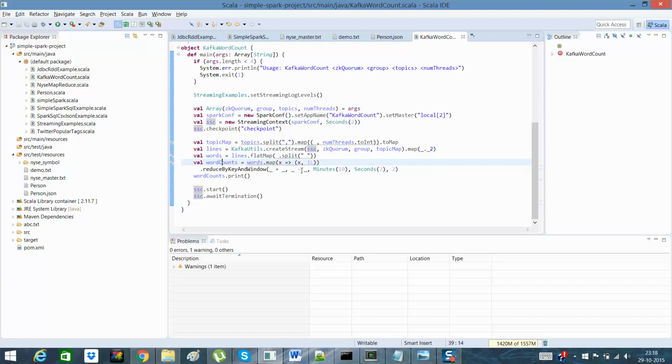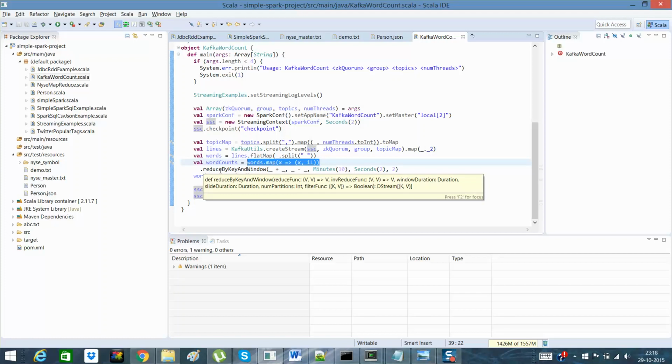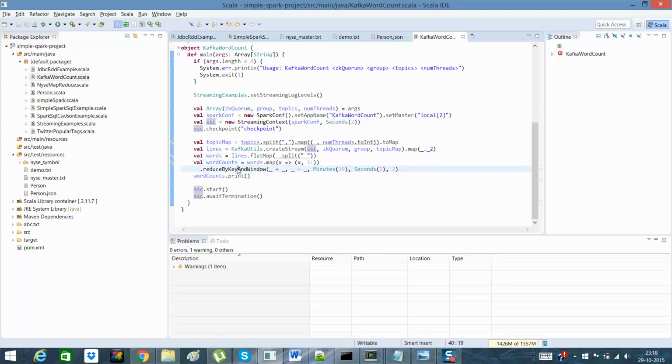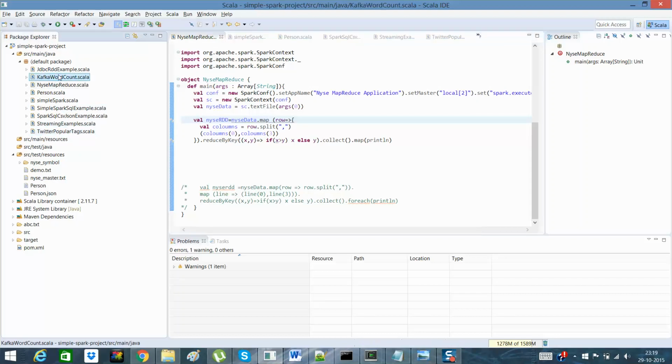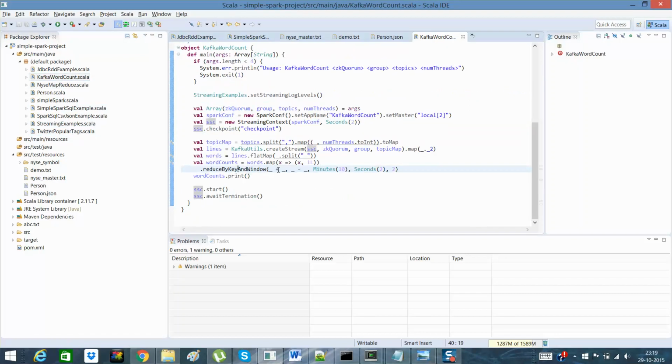This is very simple. I hope you remember how we can calculate the words. And then we used to have reduceByKey in my simple MapReduce. If you remember that, reduceByKey was here. In here, what we are doing is reduceByKeyAndWindow. The first column is same. It will give me the